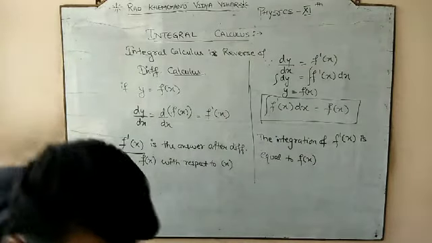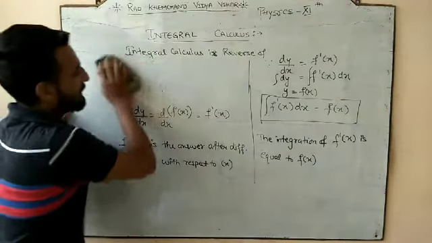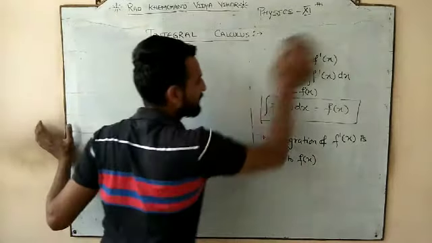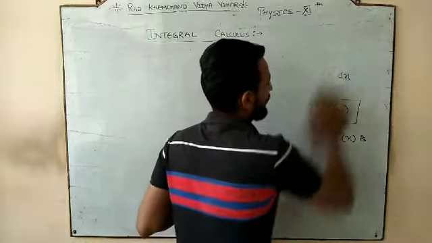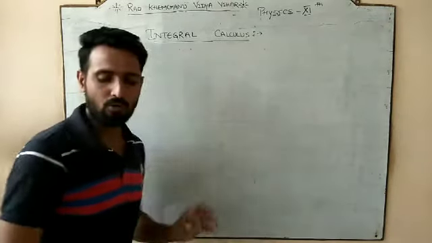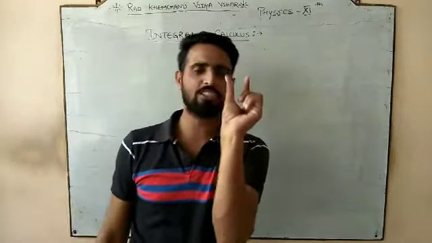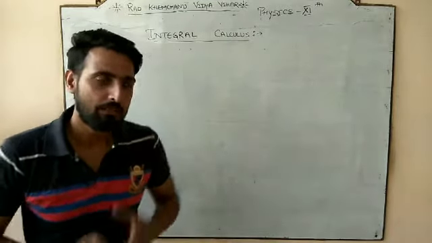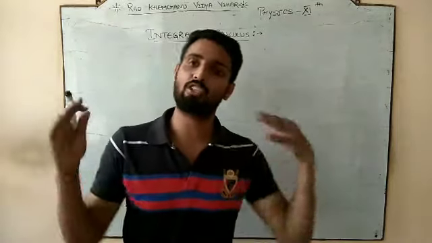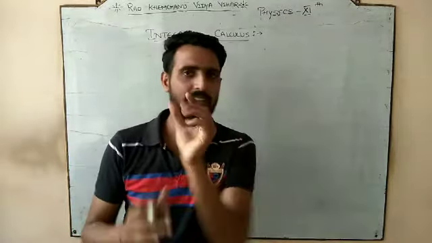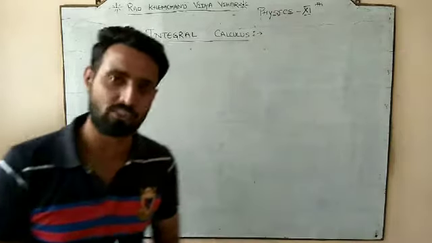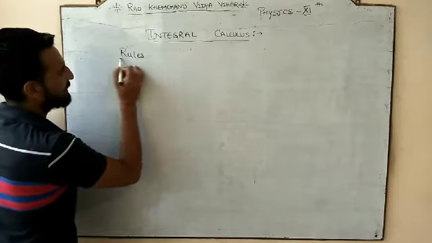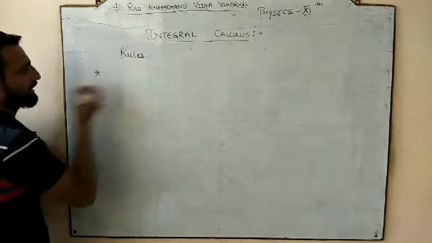Done? Okay. Now, since we know that integration is the reverse process of the differentiation, means differentiation gives us the information about the particular thing, means what is the small change in any quantity with respect to other. So differentiation gives us that information, but integration tries to give us the information of the total. So that's why वो small को पढ़ता है तो ये total को, that's why both are the reverse process, and there are some rules for the integrations like the differentiation. So you should be clear with the rules.